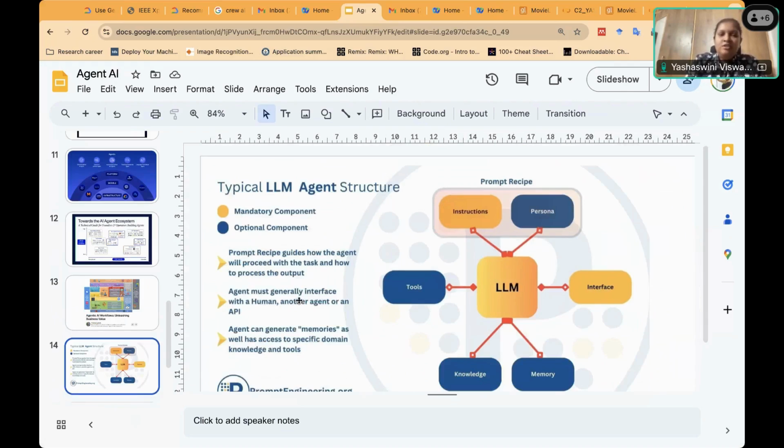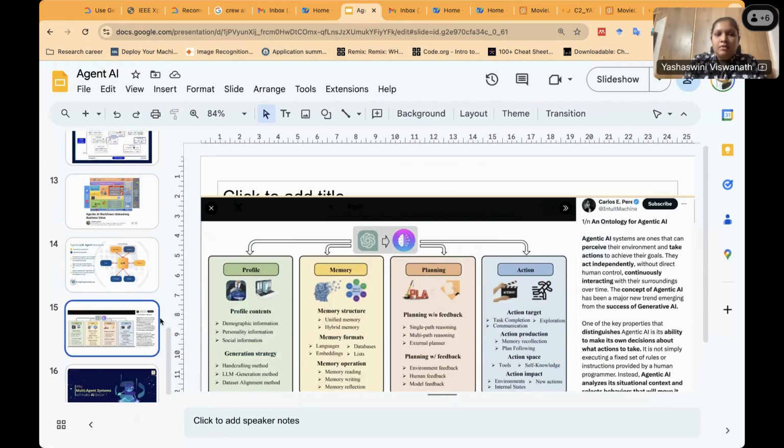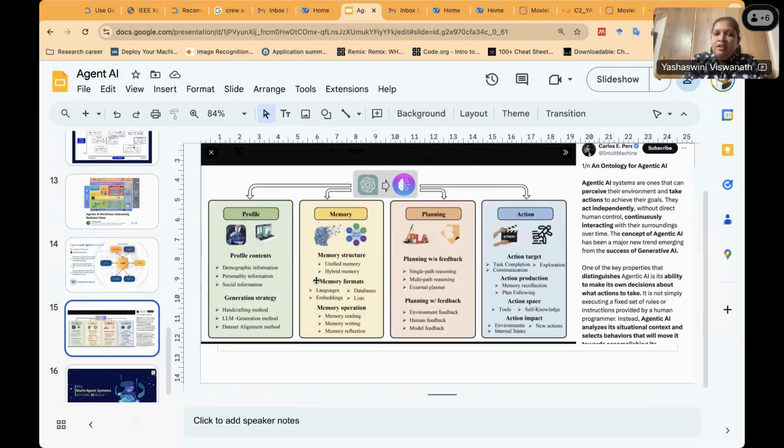A typical LLM agent structure will have knowledge, memory, instructions, persona, tools, and interface. Here, we see the profile of an agent, the memory of an agent, the planning capabilities with or without feedback that are available for the agents, and the actions that they take care of.